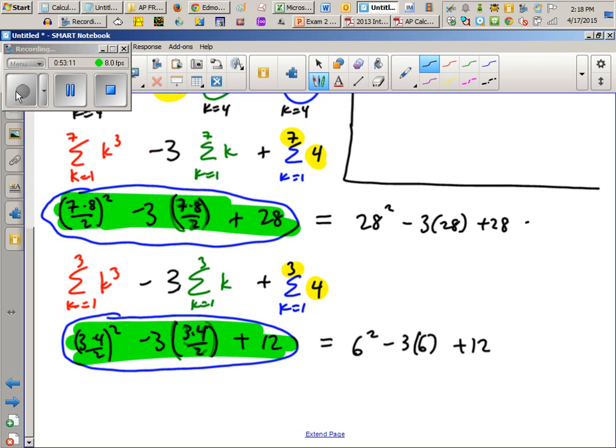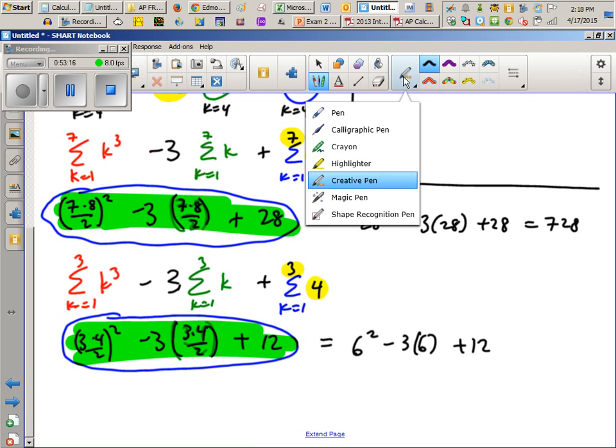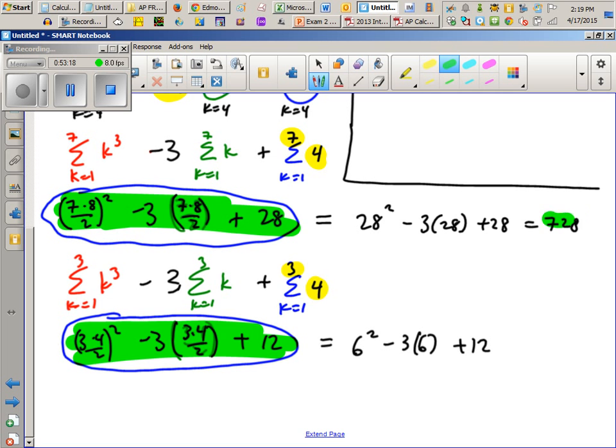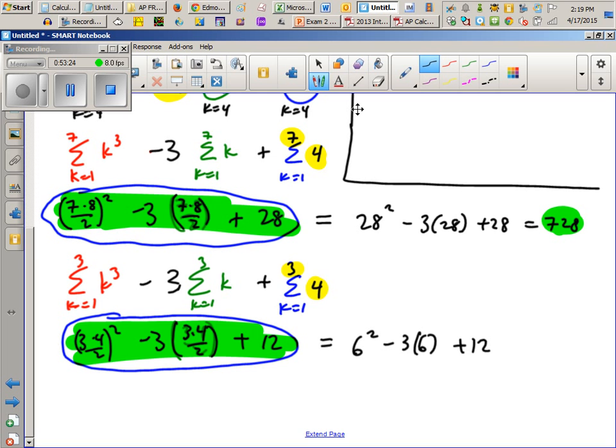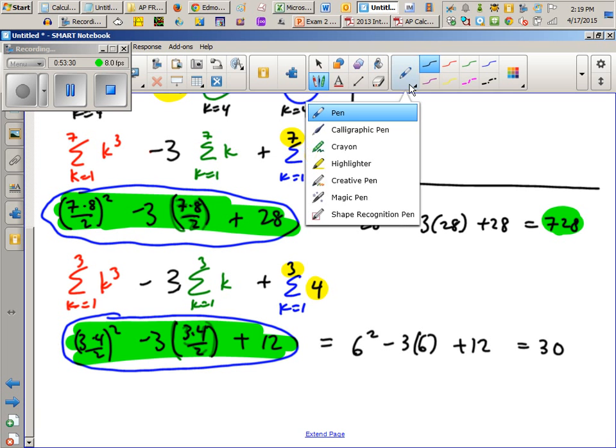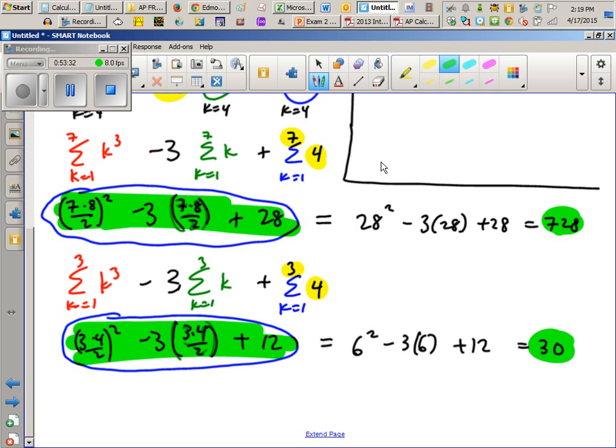This gives us 728. So that's 728. And then let's do the other one. It's basically 36 minus 18 plus 12. I don't even need a calculator for that. That's just 30. And these get subtracted, remember? You're going to subtract these two